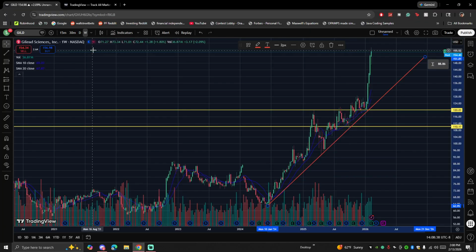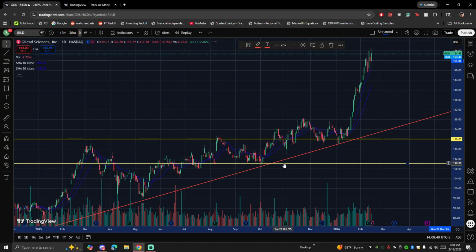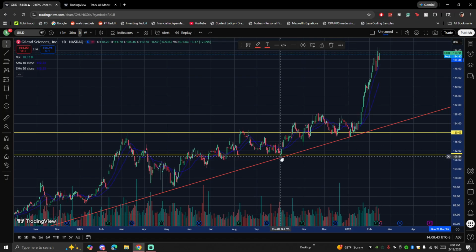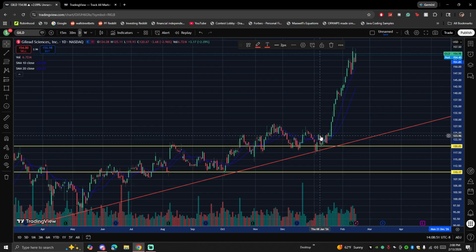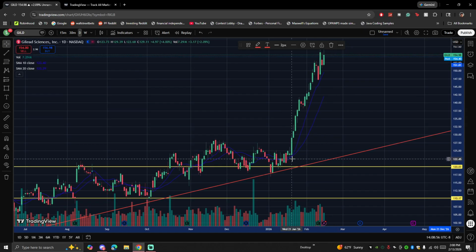So if you were a buyer of Gilead, you might be a buyer at 110, 115, maybe this 120 area, and the moving averages are telling me that we're getting a little bit of buying up here, some consolidation, and then a push with